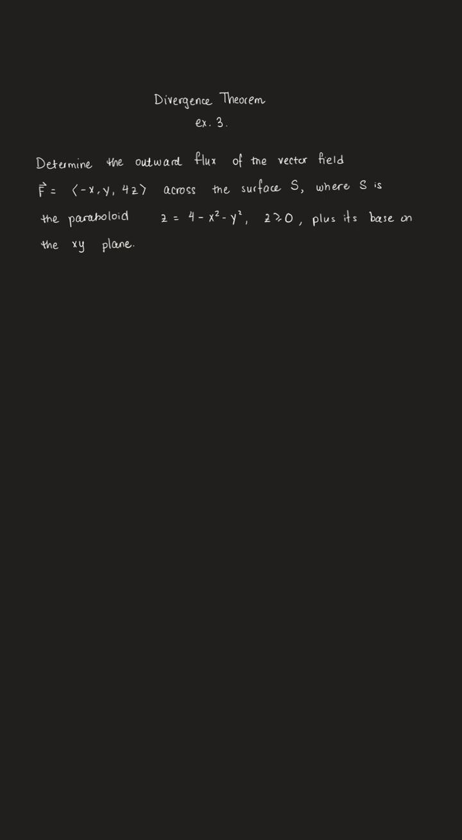Okay, let's determine the outward flux of the vector field given across the surface S, where S is a paraboloid along with its base on the xy plane. So we have a closed surface, which encloses a three-dimensional region. And we want outward flux, so we can use the divergence theorem, which tells us that